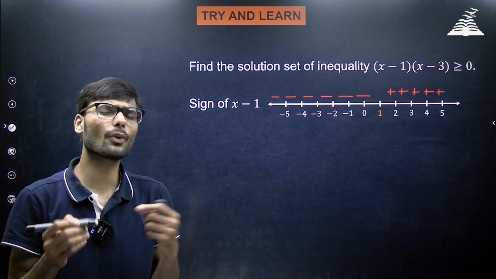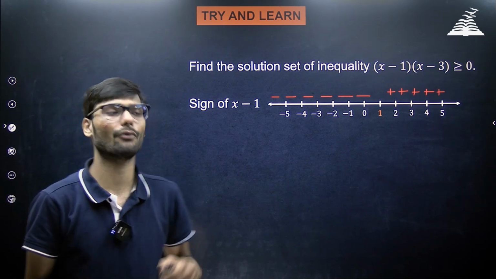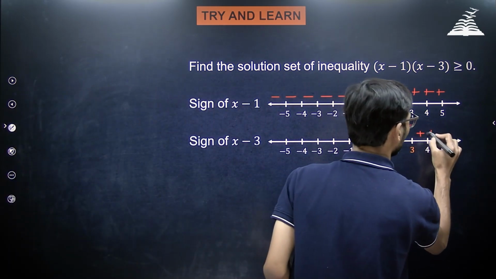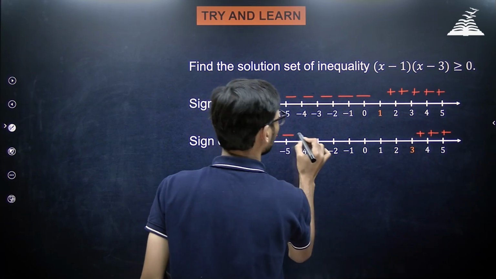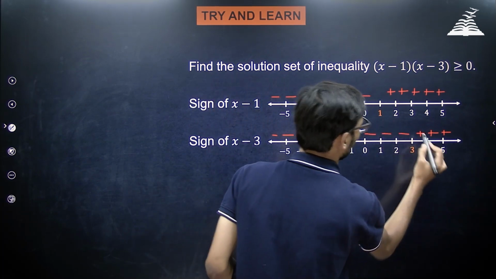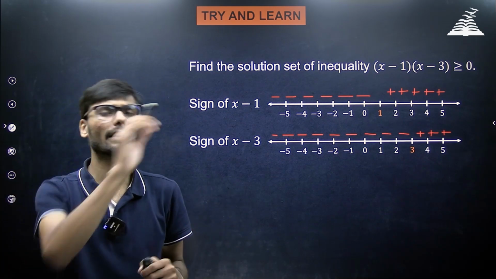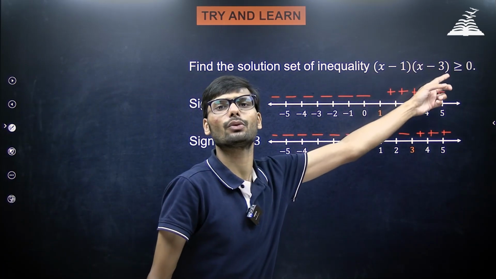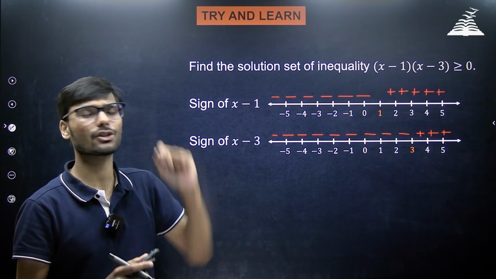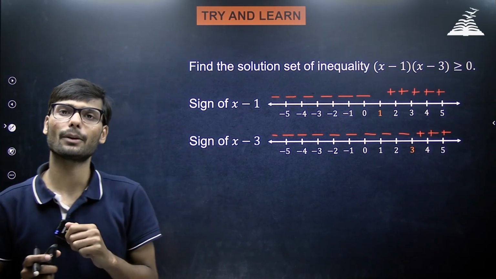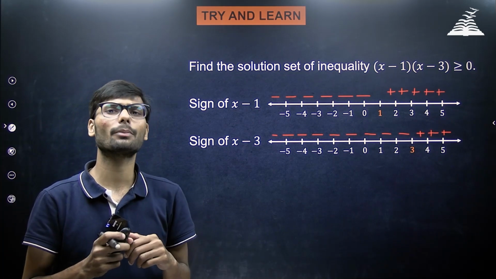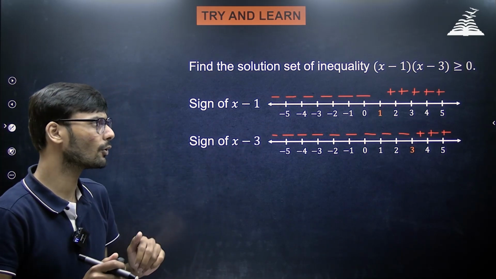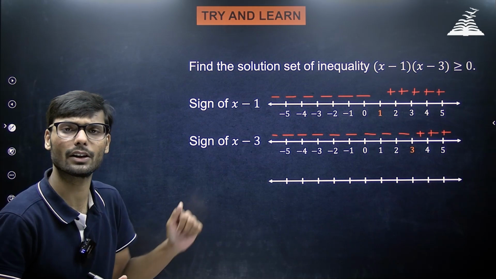Now next step, we are going to draw the sign of x minus 3 in the same way. So if you pick a number more than 3, x minus 3 will be positive, and if you pick a number less than 3, x minus 3 will be negative. Now one thing that we must notice here, what do we want? We want the multiplication of both to be positive, right? Multiplication of x minus 3 and x minus 1 must be positive. Multiplication of two numbers will be positive when both are positive or both are negative. So I'm going to divide this particular thing into 3 different regions.